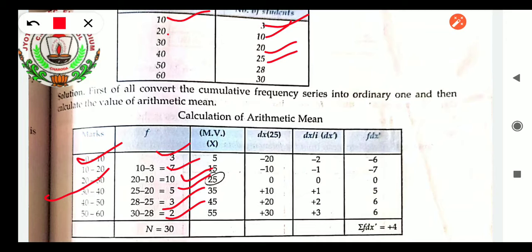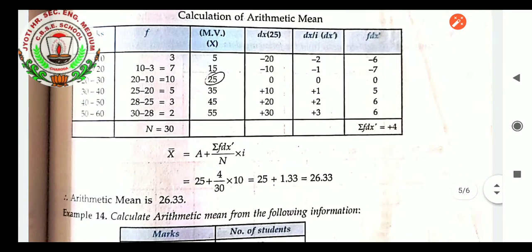So the rule is, whenever cumulative frequency is given, I have identified that the frequency is not plain frequency, it is cumulative frequency. First of all, convert the cumulative frequency into frequency. Then the same formula, step deviation method or shortcut method, whichever you want to apply, you can use and write the answer. So that is the method, student. I hope you have understood this question.